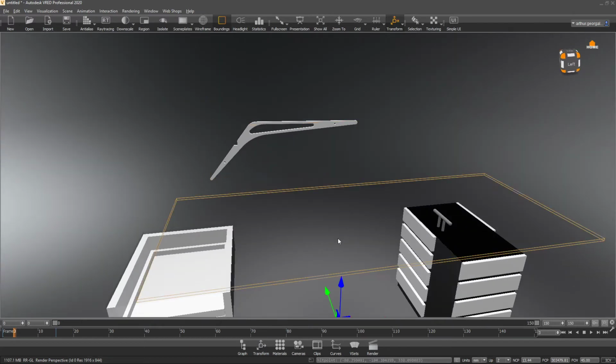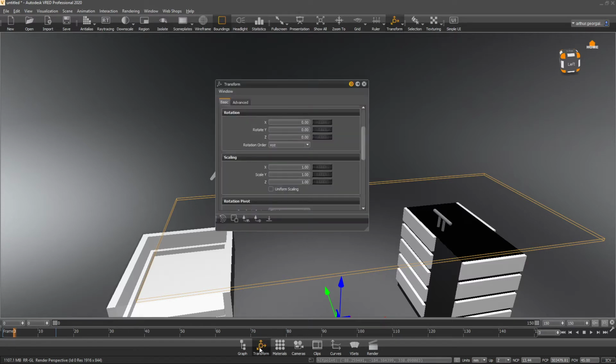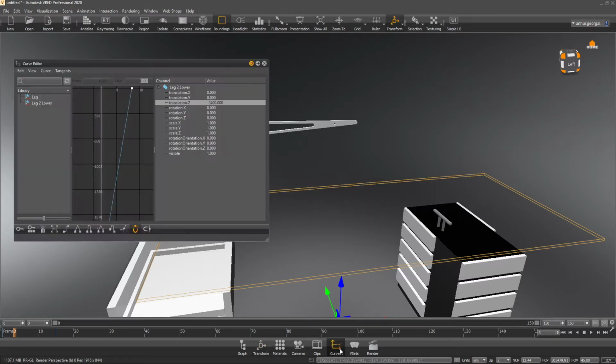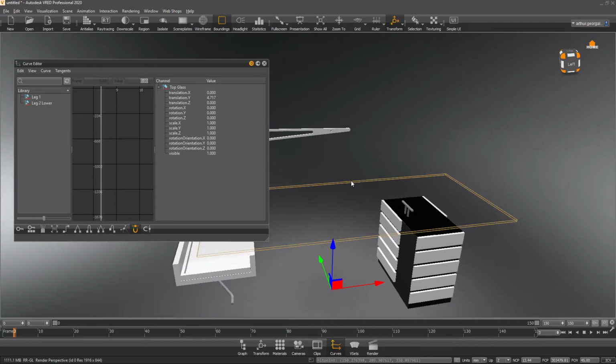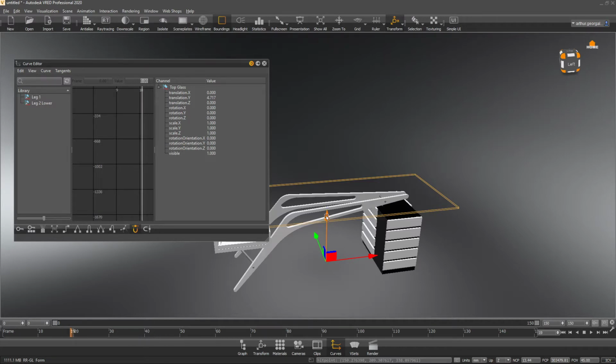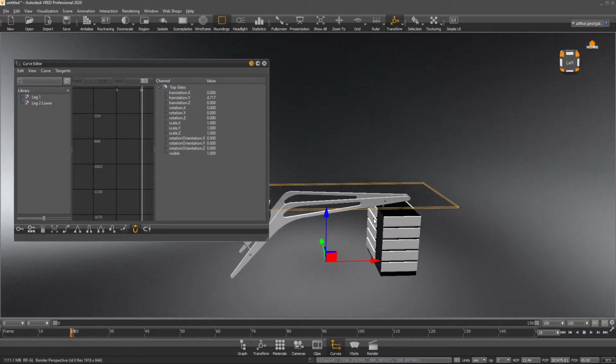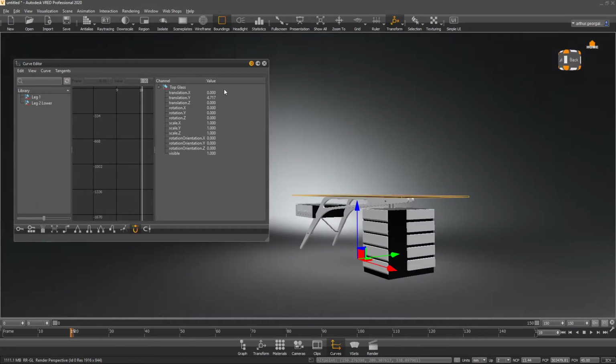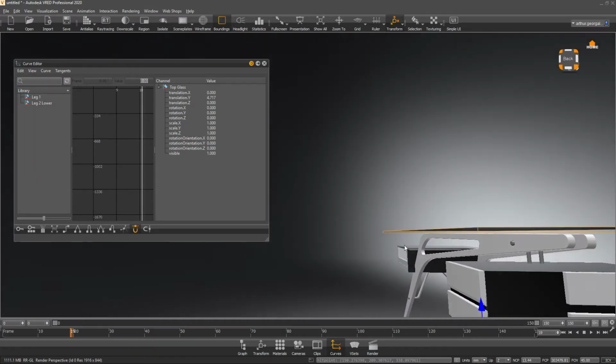So yeah, another one could be the tabletop. So once the legs are in frame, the top can come down, and that's going to be the same sort of deal. We turn on our curves. Sometimes you have to reselect it once the curves open. This is where it really is beneficial to label your pieces correctly. It doesn't matter what frame we start at. Let's just make sure, yep, we're in the Y. So this has been moved up slightly. It is sitting at